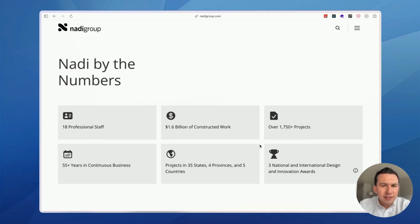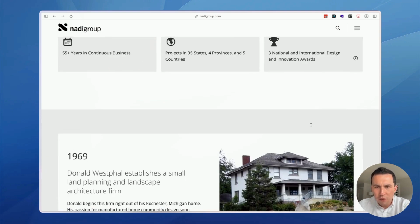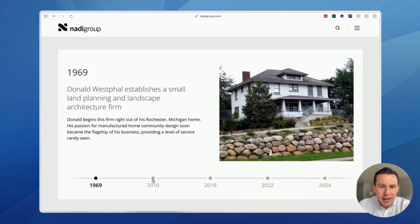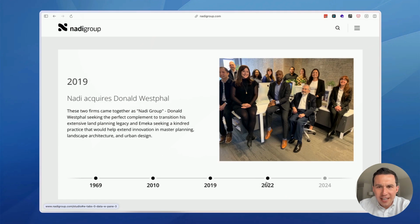Now going on, we have some quick fast facts about the firm. Just to reiterate the firm's authority, look at all the money they have under construction, nearly 2,000 projects in the portfolio. They've been in 35 states, 4 provinces. The firm is based in Canada, if I didn't already mention that, but they do have offices in America and then 5 different countries as well. And over the course of that, they have won several awards. And then we just have a quick history section, as you can see here, just highlighting different milestones in the